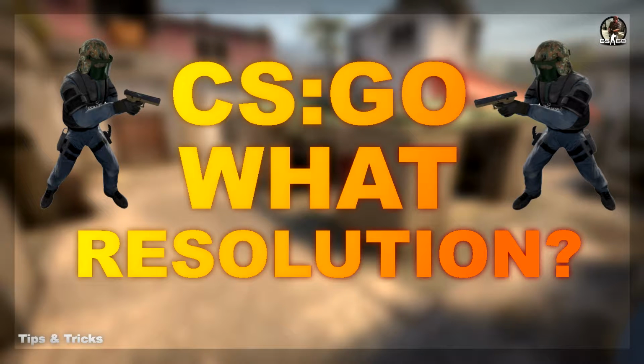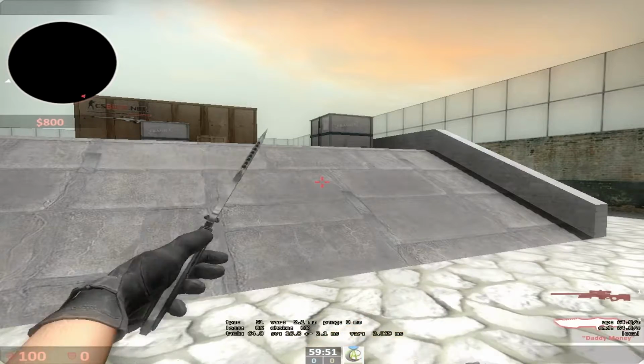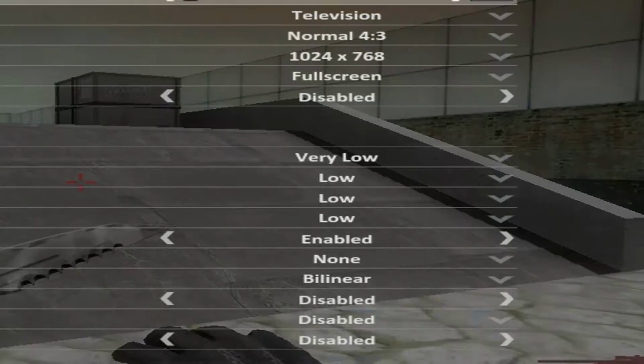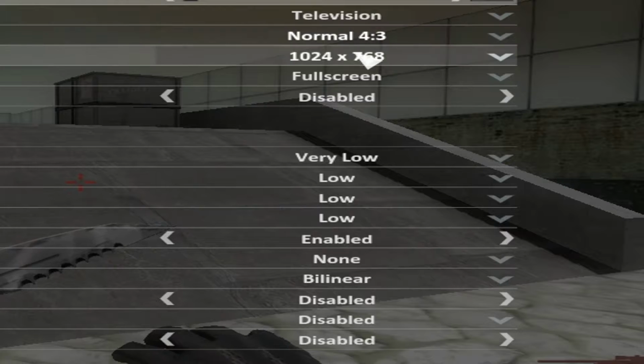Okay, so today let's talk about resolutions. I'll try to explain this in the fastest way possible. I am currently playing on normal 4:3 1024 by 768 double black bars, but you guys see it stretched for